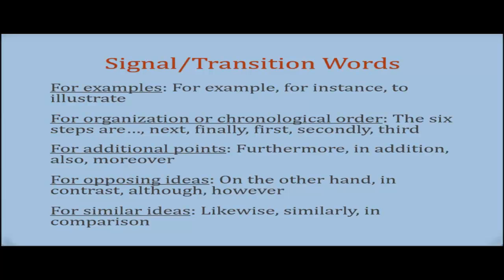Okay, these are some examples of signal words or transition words. For examples, in supporting details, you can use "for example," "for instance," "to illustrate." Meanwhile, for organization or chronological order, you can say "the six steps are..." "Next," "finally," "first," "second," "third." If you use "secondly," then use "firstly," "secondly," "thirdly." It should be